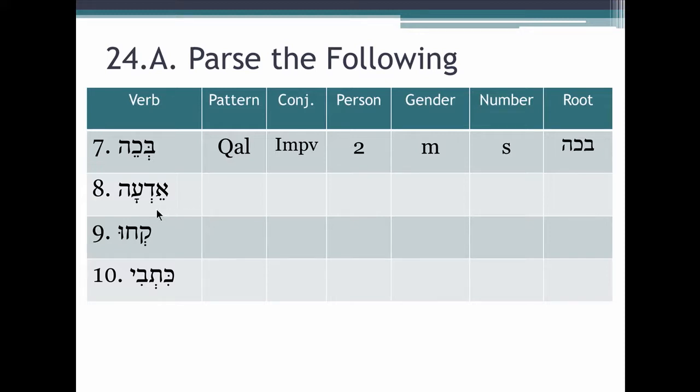Now here we have eda. Do we have a prefix? Well, we might, because aleph can be an imperfect prefix. And if we had this prefix, what about the tsere? An imperfect prefix with a tsere vowel is a sure sign of what? A Qal imperfect of a first yod verb. Again, this should be just drilled into your head by now. Again, I go through the same procedures for parsing, the same patterns. So that's correct. But then we have this qamets he attached. That's a sign, it's a sure bet that can only be a Qal cohortative first common singular from yada,